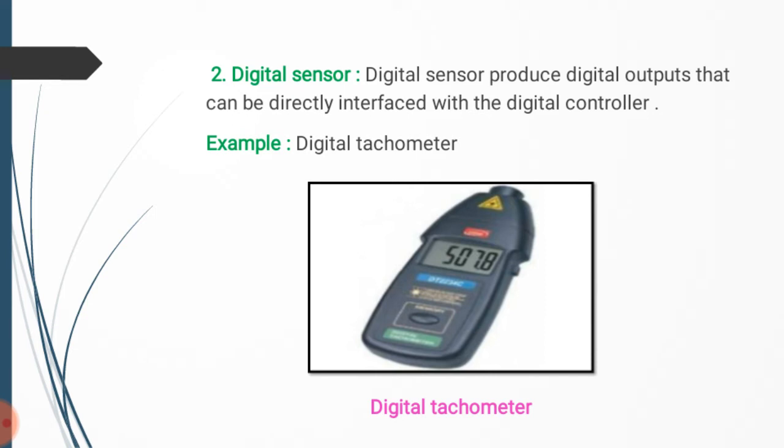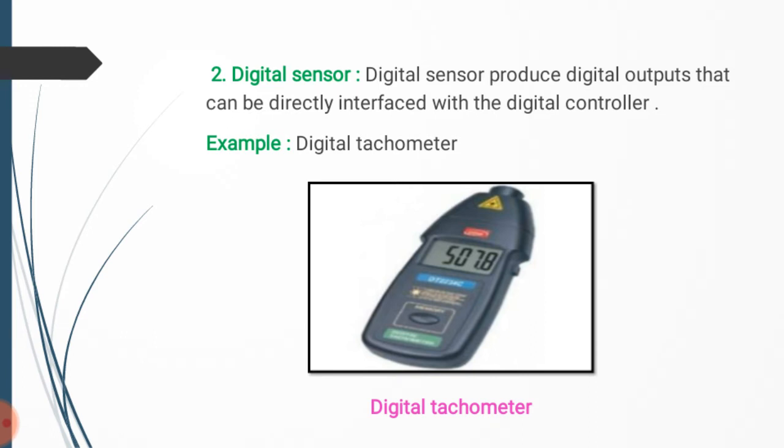Some are analogs and some are digital. This is the digital tachometer, and before we saw the analog tachometer. In that there is a digital display. So a digital sensor produces digital output, that is, in a discrete manner. Suppose we consider a temperature sensor, in that we want to measure the digital temperature sensor particularly.